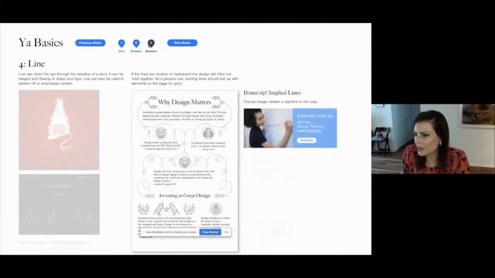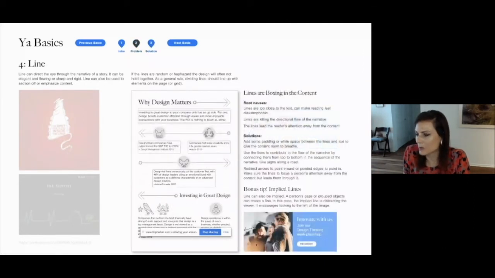So the solution, oh wait, let me go back one. This is something I added last minute yesterday, because I see this in photography a lot. You'll pick an image, so on the lower right side, you'll pick an image and the person has a sight line that's going off the page and not directing to your content. So this can actually really disempower your design. So it's like not driving to conversion, it's actually driving people away from it.